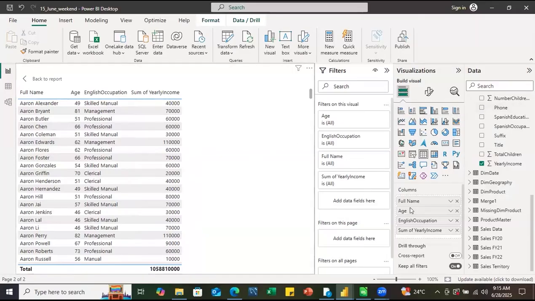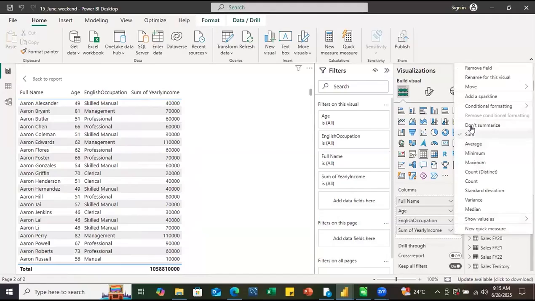Same thing, we need to do it with yearly income because again, yearly income of a customer is one number. If the customer value is occurring twice, you're not supposed to sum that information. The income cannot get doubled if you have two rows of the customer. So again,